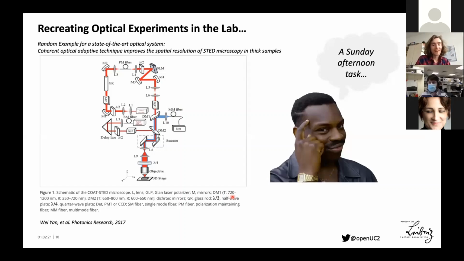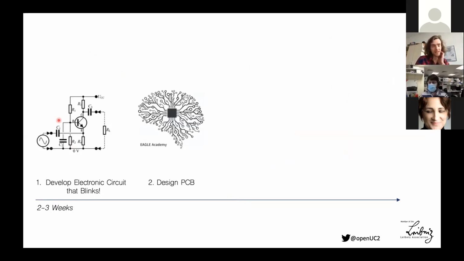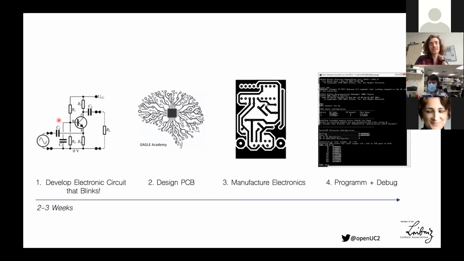So Kirti already mentioned that I started being an electrician. And when I did my apprenticeship like 12 years ago, one of my tasks was to make an LED blink. And this is the circuit for it. And well, you have to start with the circuit. You eventually create a PCB, you manufacture it, you solder it, you program that in the end. So then after 2-3 weeks, you really need to pray that it works in the end